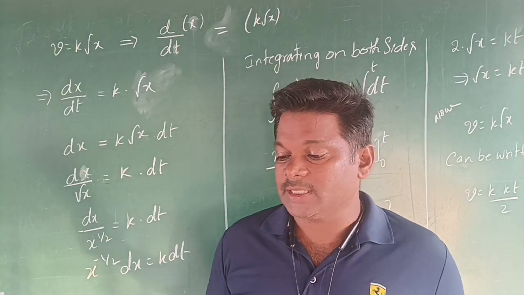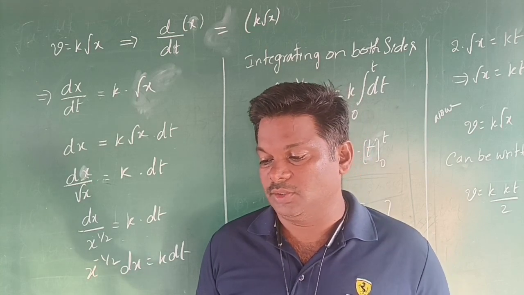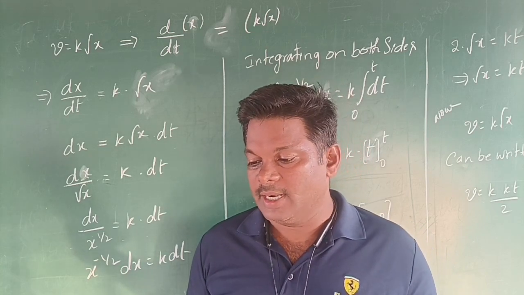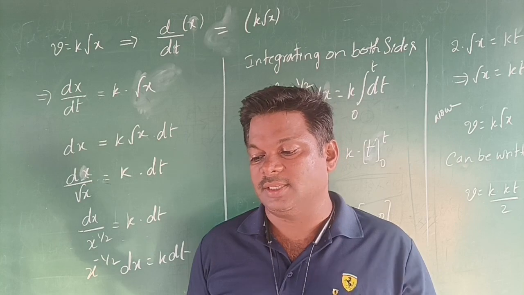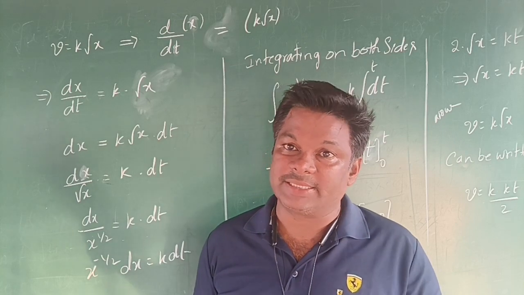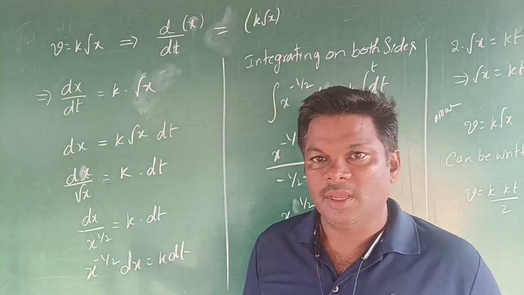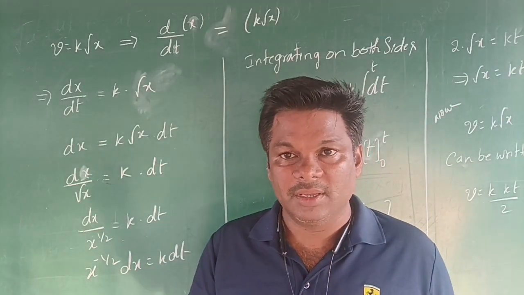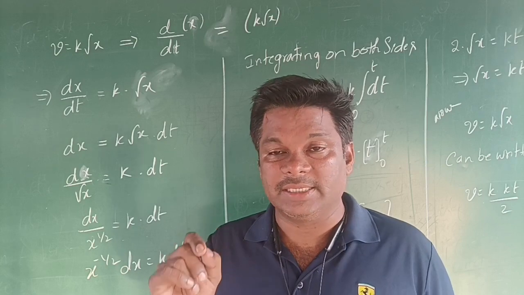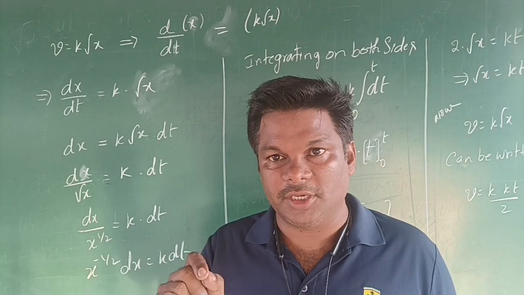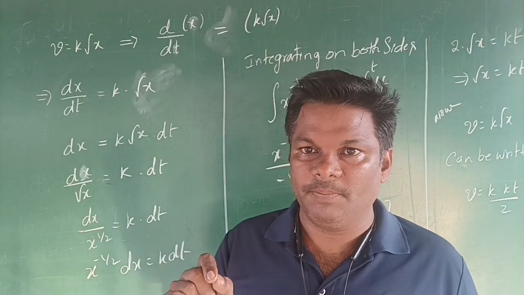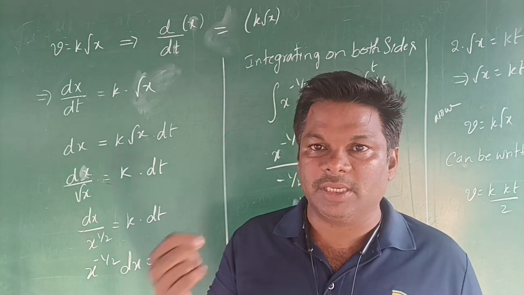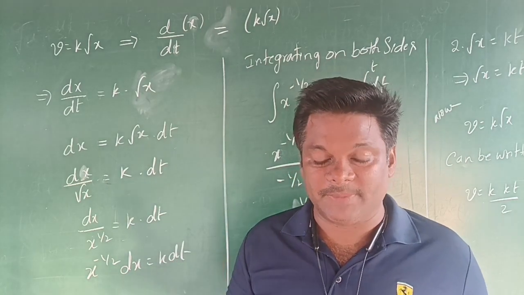Look, the displacement of a particle is zero at t is equal to zero, and it is x at t is equal to t seconds. This means it travels x displacement in t seconds. When it starts its journey, the time t is equal to 0. After some time t, it travels a displacement x,